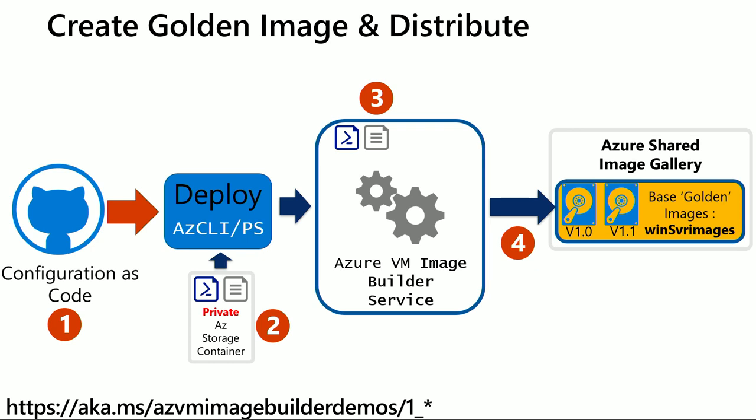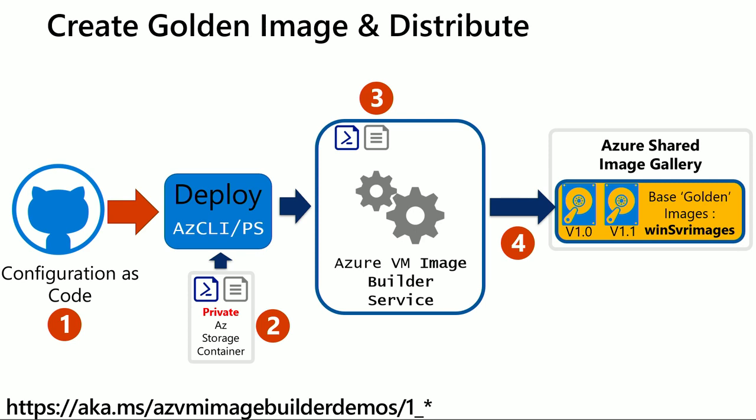And just to make this example a bit more interesting, what I'm actually going to get Image Builder to do is go and download the script and an executable from Azure Storage. But I'm going to get it to download it from a private container, so it's not publicly accessible. Image Builder needs to go and authenticate with Azure Storage. And the way it's going to do this, I'm going to give Image Builder a user identity that has access